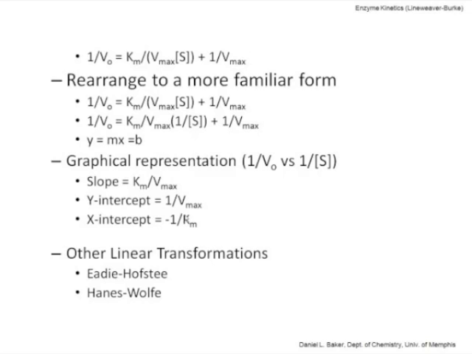Now, there are other linear transformations of the Michaelis-Menten equation. Okay, the Lineweaver-Burk is not the only one. E.D. Hofstee and Haynes-Wolff also did linear transformations, and they just did a little bit different representations, such that you're plotting different values of y and x. Okay, so again, you should look up the E.D. Hofstee and the Haynes-Wolff, and I don't expect you to memorize any of the Lineweaver-Burk, E.D. Hofstee, Haynes-Wolff, any of these linear transformations,